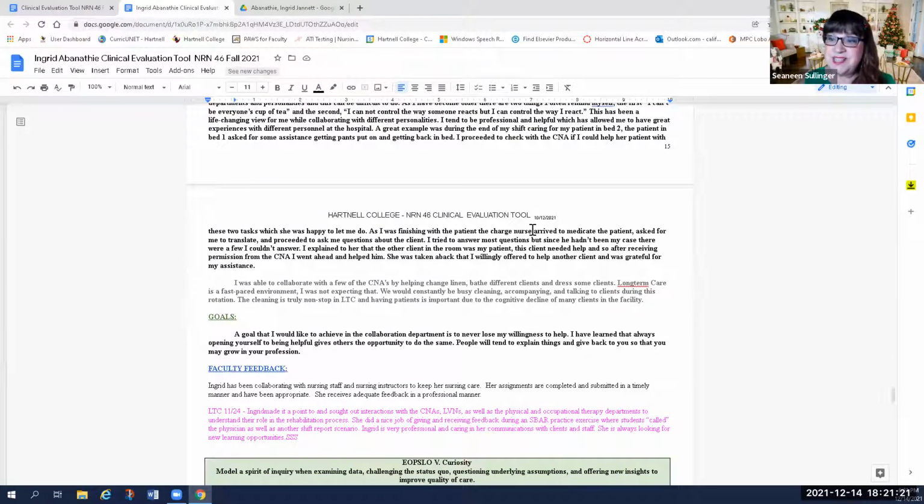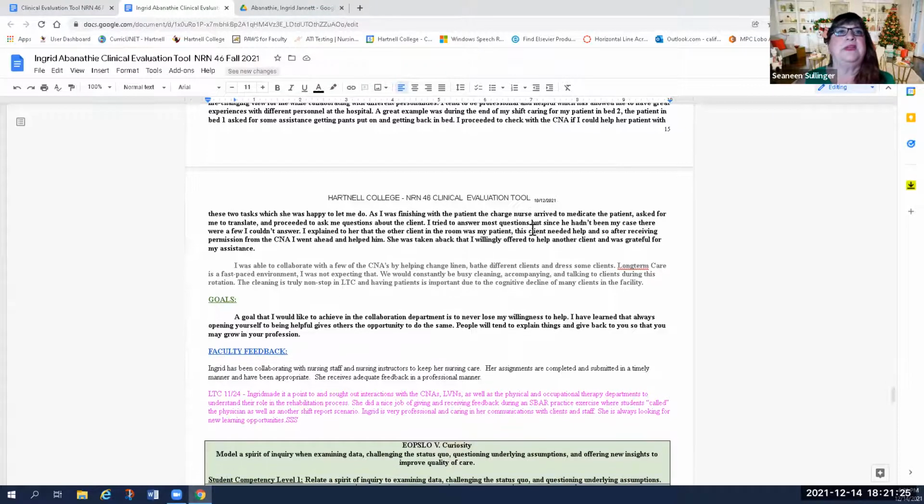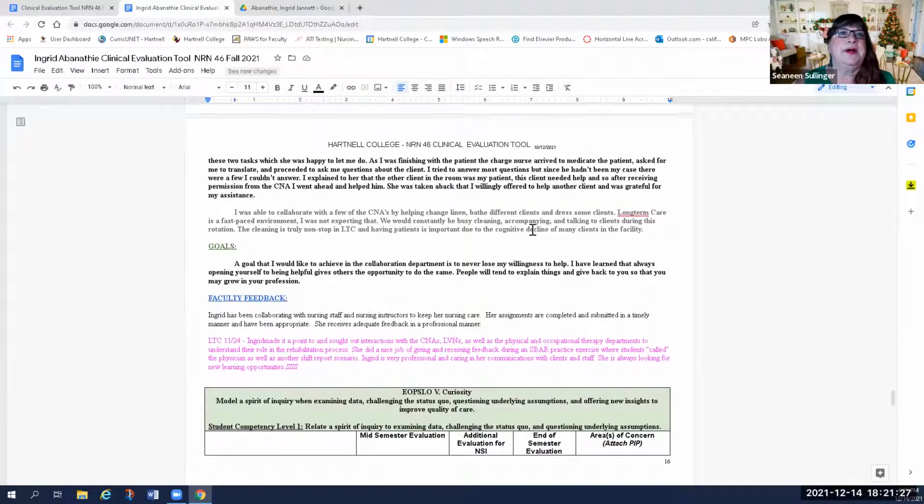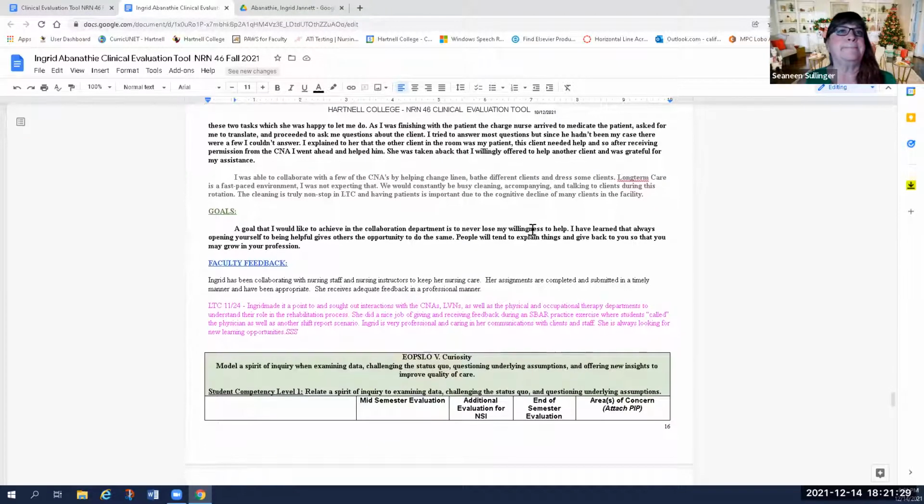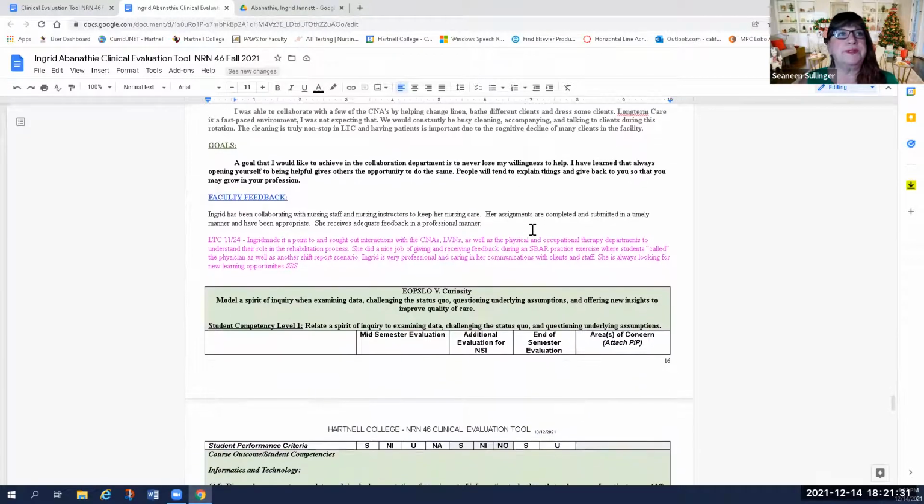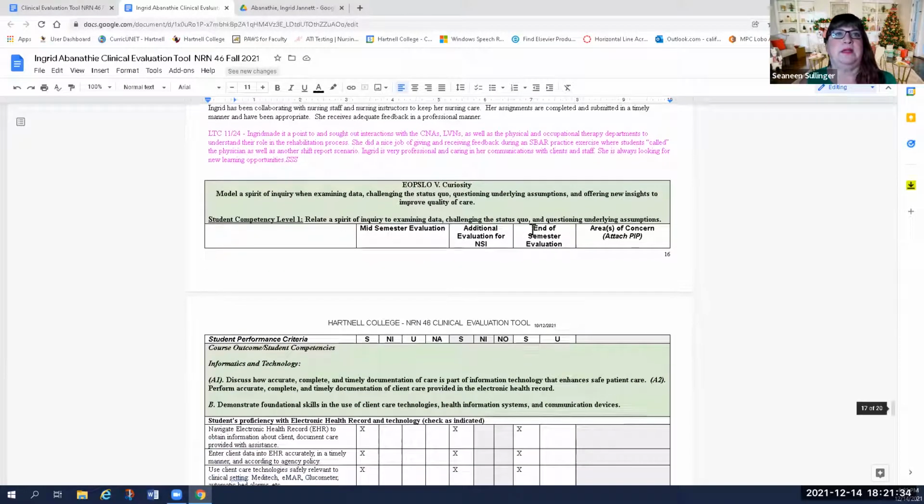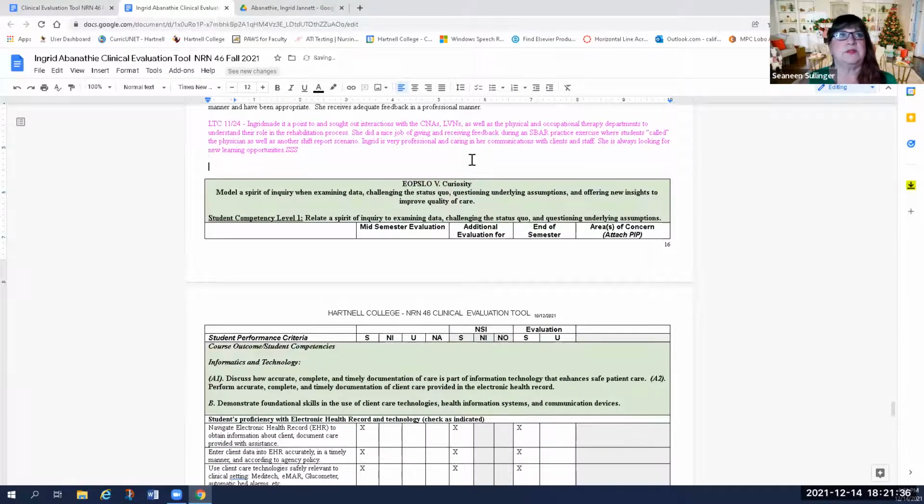And then again, a reflection, and really thinking about, what is it about me? What can I bring to the table? What assets do I bring? What are my strengths? And then being able to identify areas for improvement. And so goals again, and then faculty feedback. And then we'll move on to